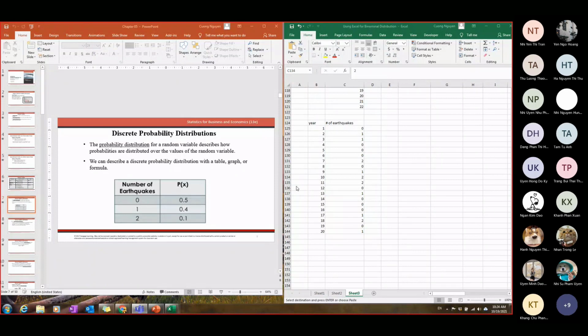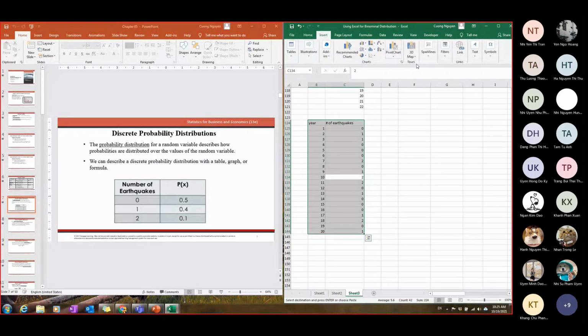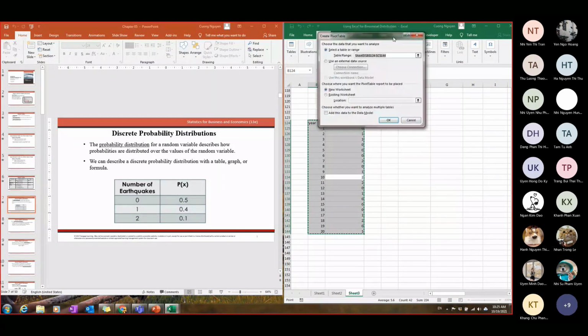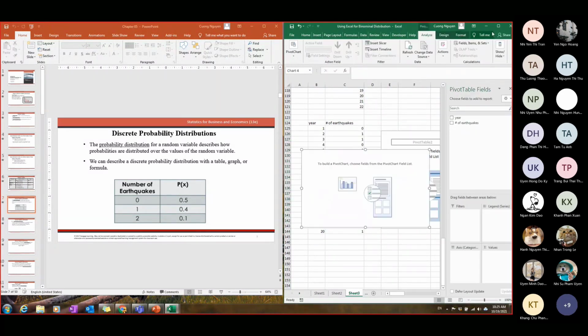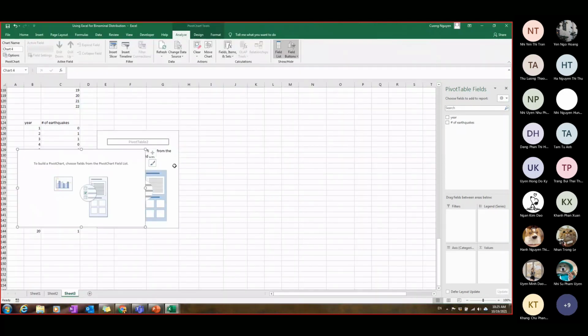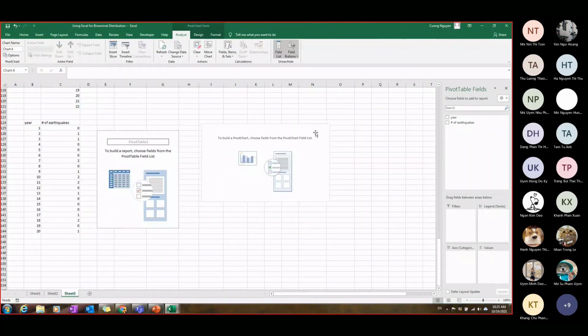Okay. All right. So the outcome is for me to summarize this data and see the probability. You can see over here, I go in and collect it. This is the same as a pivot chart and pivot table. Remember this? Okay, and I generate it for the report over here. I will just extend it so you can understand it clearly.